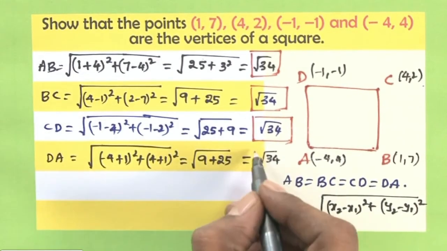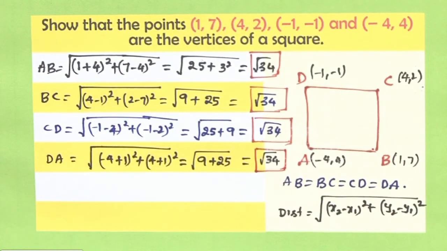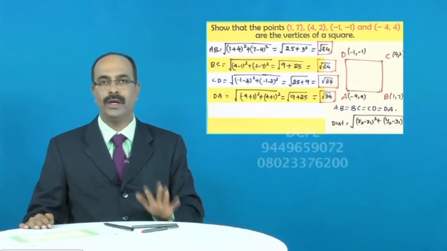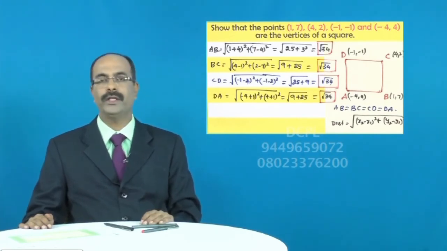So what we got? We got AB is equal to BC, that is equal to CD, that is equal to DA. So all the four sides are equal. We can conclude that ABCD